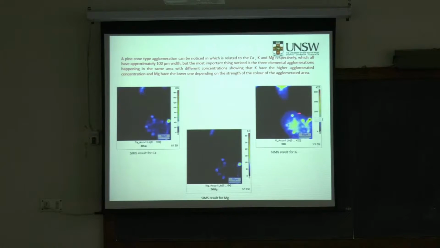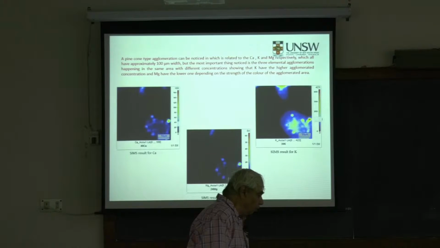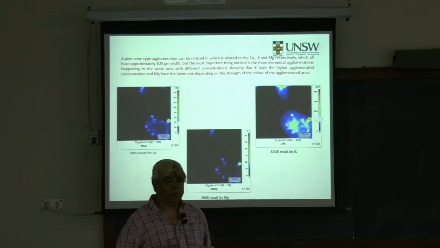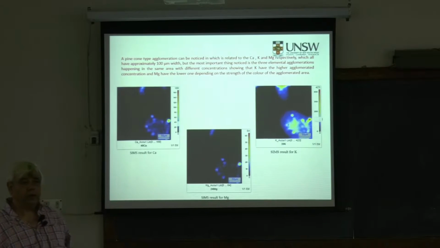Magnesium is here. So magnesium you can see much lower intensity, but potassium you can see much higher intensity. So this has all the three elements, but the potassium comes up highest, magnesium very low, and then the calcium is in between. So this is a new kind of testing. So I'd suggest you consider getting a SIMS equipment, and we did not have SIMS equipment